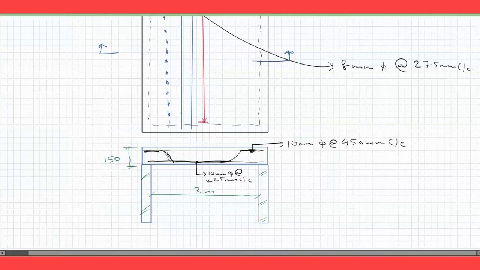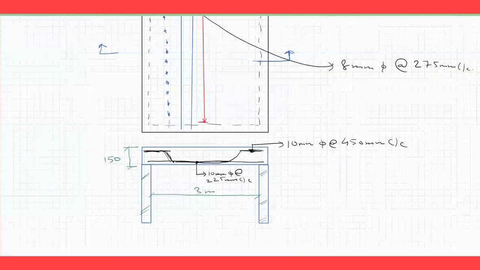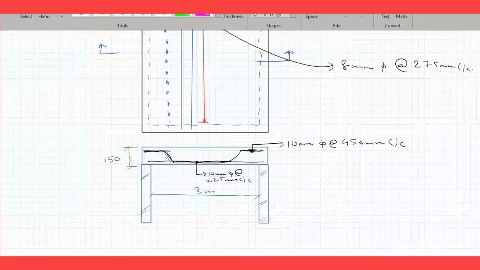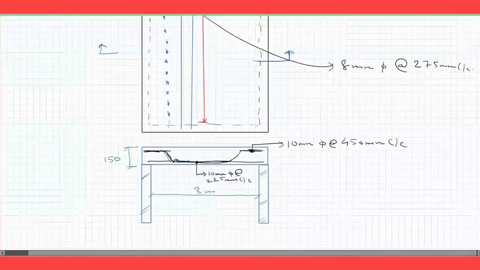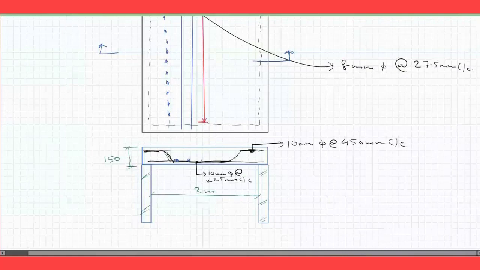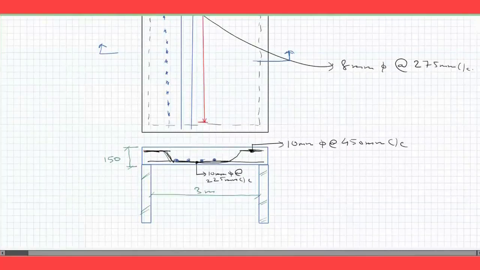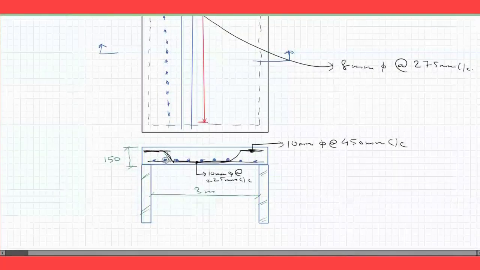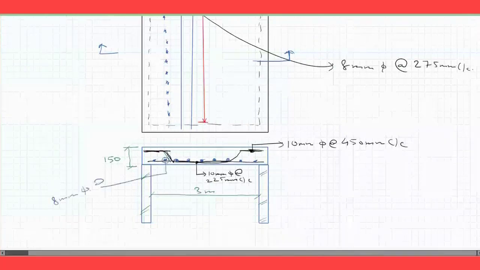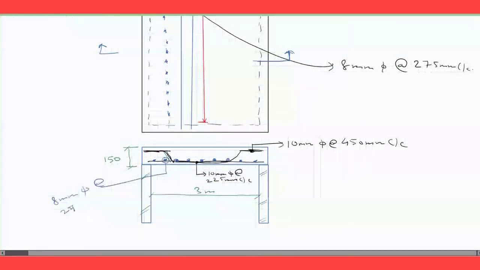Now there will be distribution bar. So the distribution bar will be seen in dotted line. Okay. So here you see, you have this distribution bar. So this blue line which I had made, these are my distribution bar. To provide in other direction, and the main thing is again, as I have given the reason. So this bar is what? This bar is actually your 8 mm dia, 275 millimeter center to center.